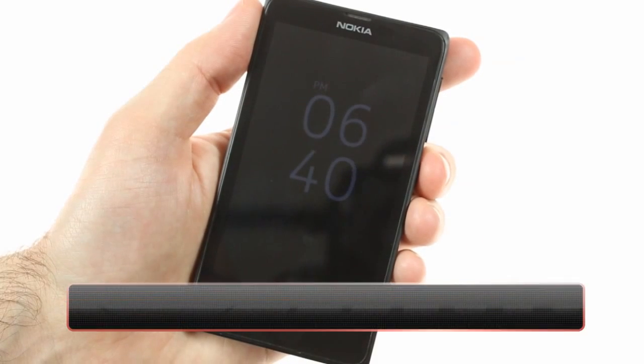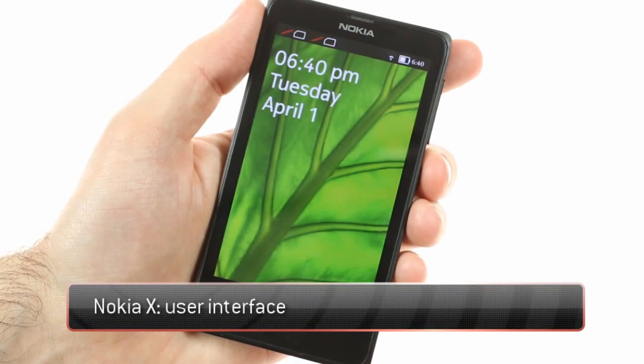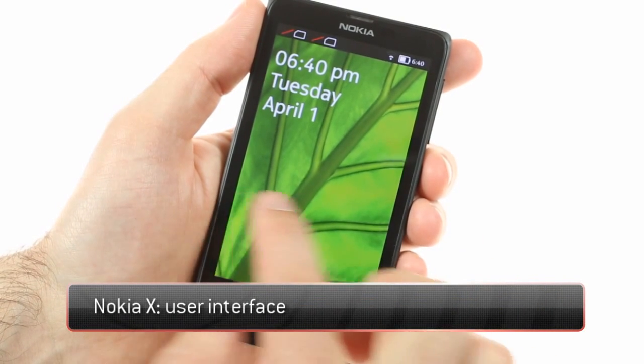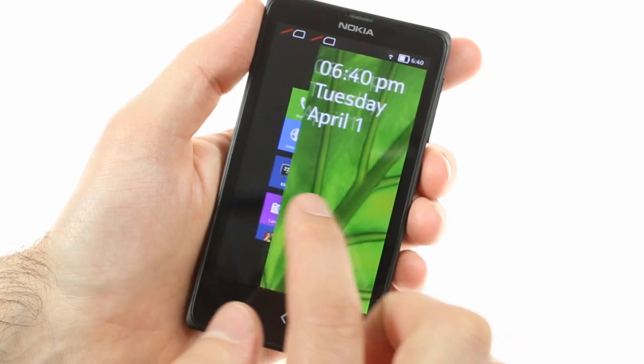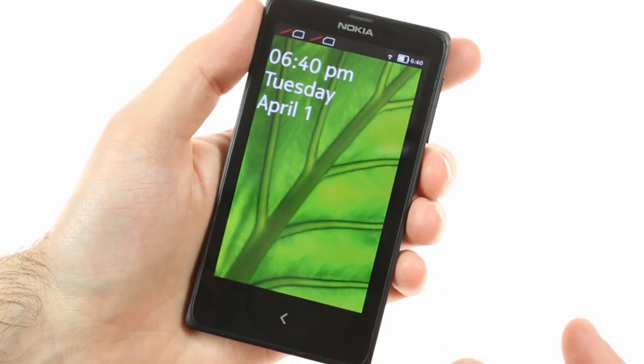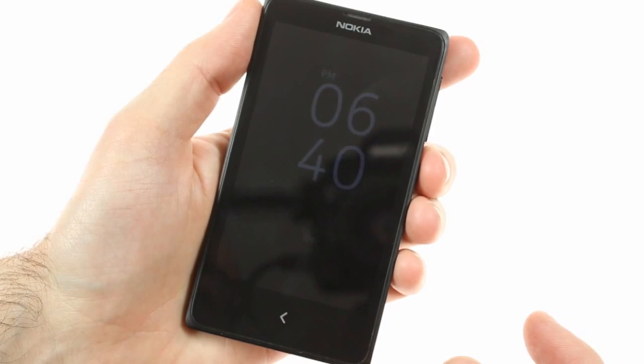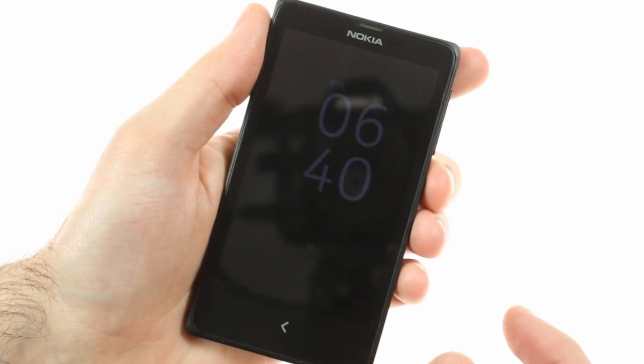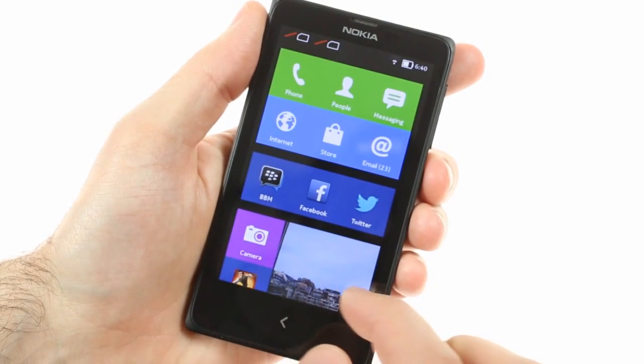The Nokia X is the company's first smartphone running Android. Well, sort of. It officially runs on the Nokia X software platform version 1.0 based on Android 4.1 Jelly Bean, but has been extensively modified. Long story short, it's Android with a custom launcher where Google services have been replaced by Microsoft ones.